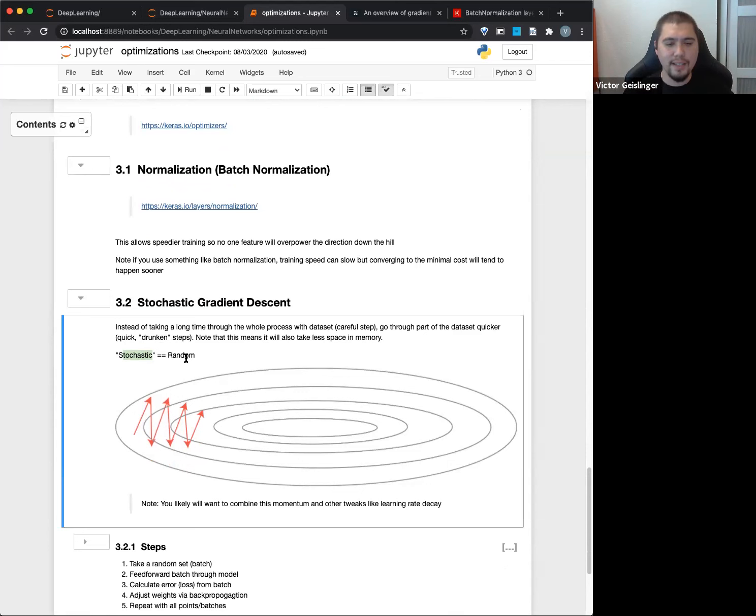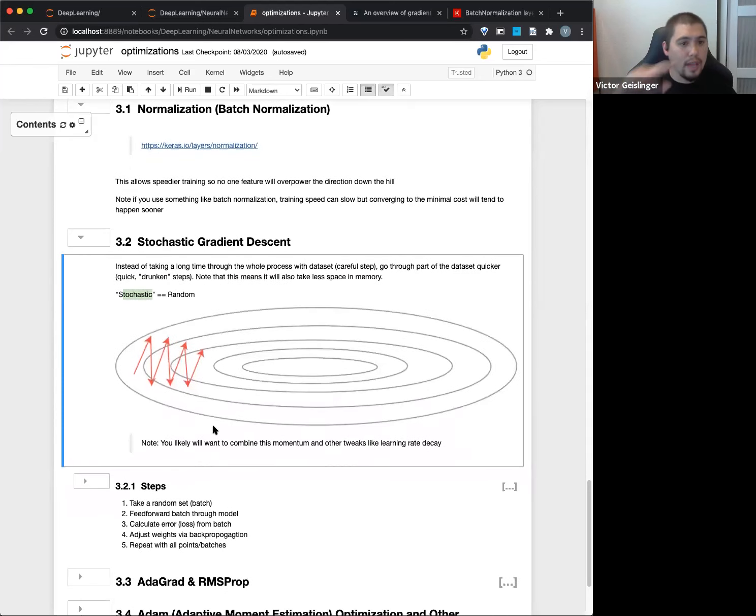Stochastic gradient descent takes advantage of this. You don't need to go the best direction, just a good enough direction, and we'll balance it out because we're doing it randomly. What you'll see is that you'll tend to hop around a little bit more, so it seems a little more jagged in the direction it goes. Sometimes the loss will be higher, sometimes lower, for each epoch or even each batch. But in general, you end up going down the hill quicker, and it gets you out faster and faster.